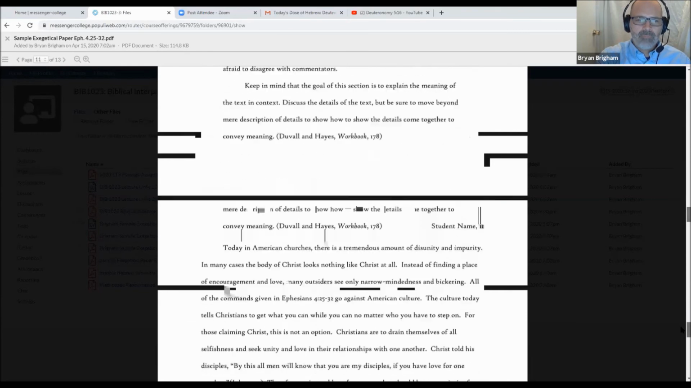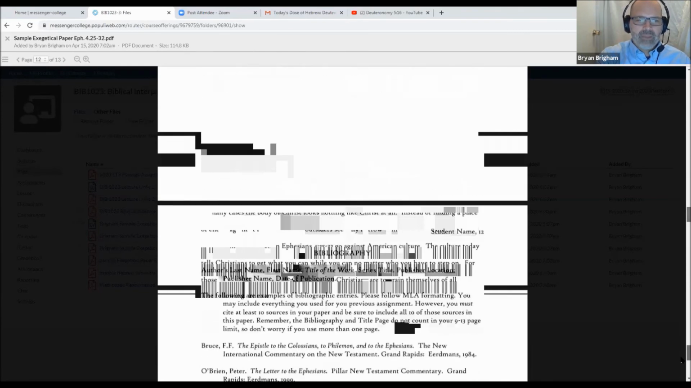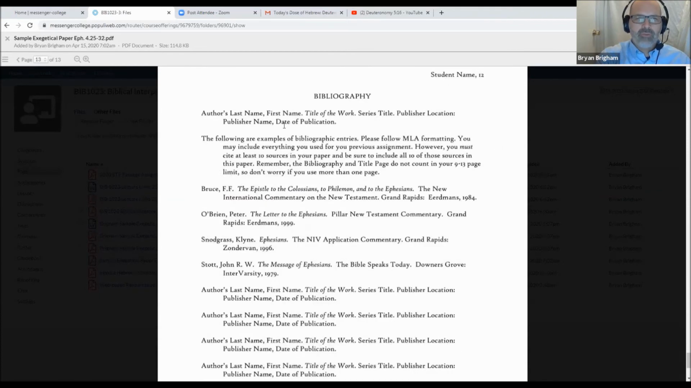It's a long paper. And I have my bibliography. Notice the format I want you to use for your entries for the bibliography. I would like you to use MLA formatting for the bibliography. I'd like you to use MLA formatting for the whole paper, but I do want you to use it for